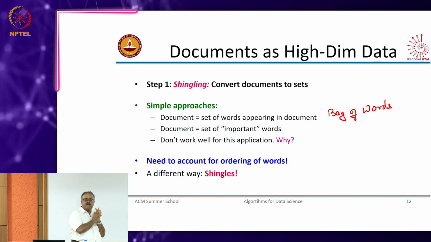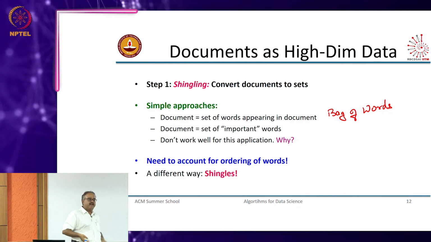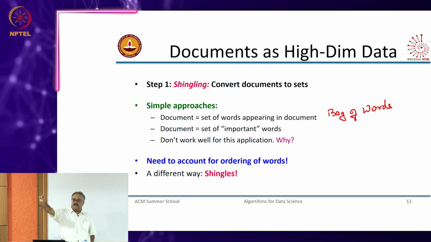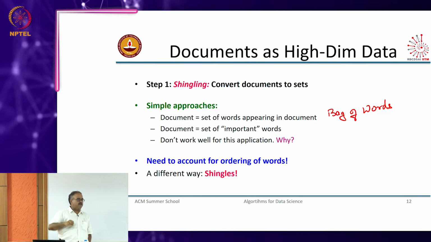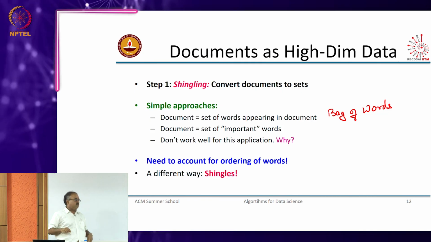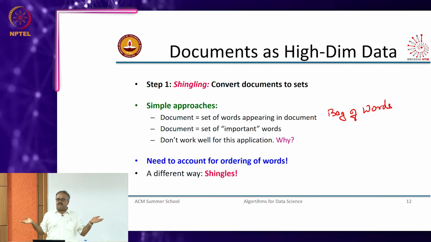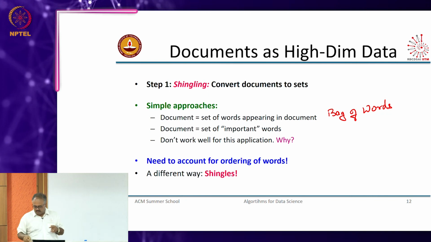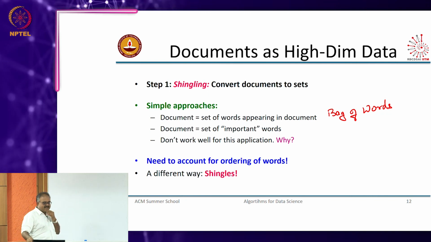You can even think of the way you represent this as some kind of a characteristic function. So for every word you will have an entry there, and if that word appears in the document it will have a 1, if it does not appear it will have a 0. You can think of this as a vector, you can also think of it as a set representation. So the bag of words is the most popular, and the second one is